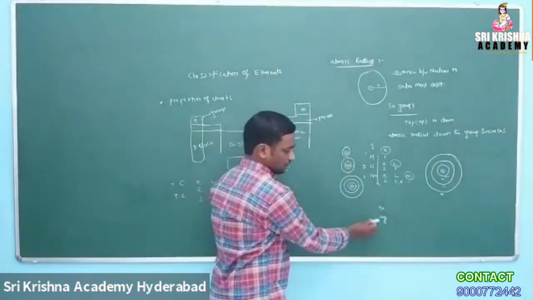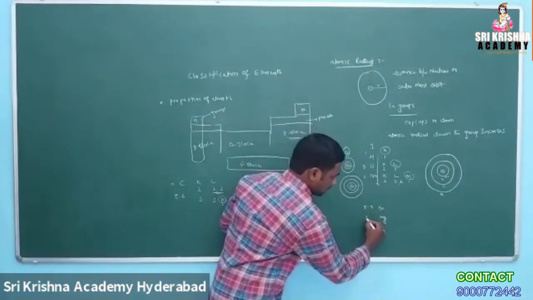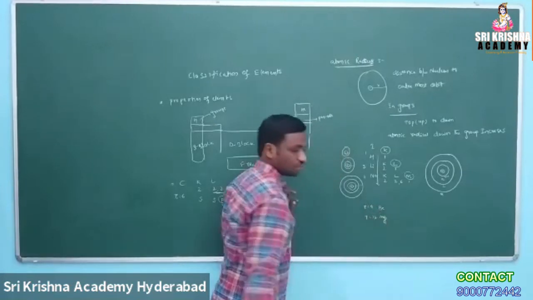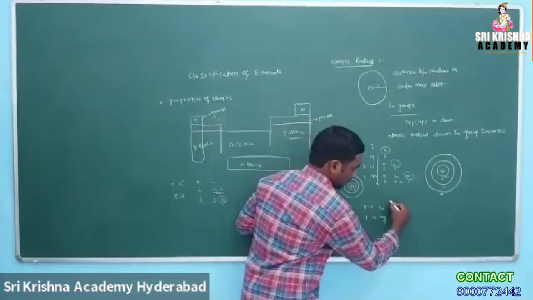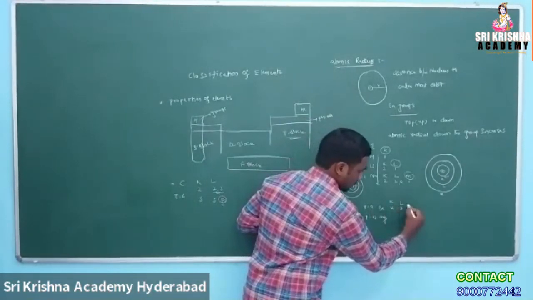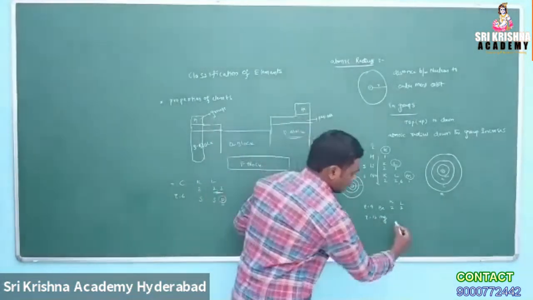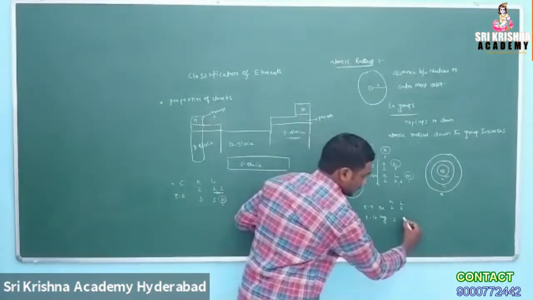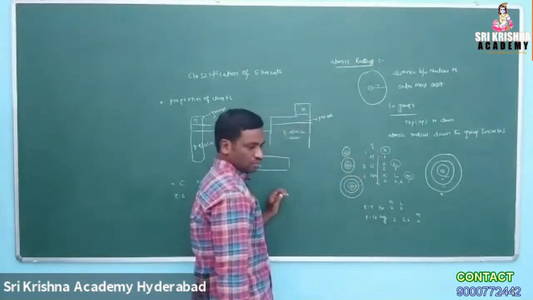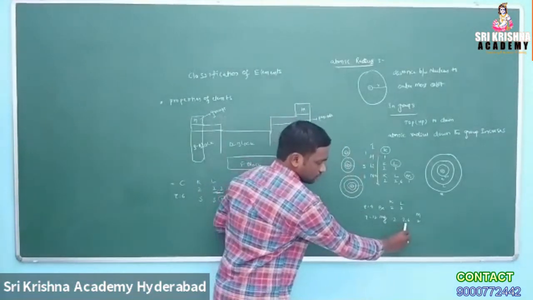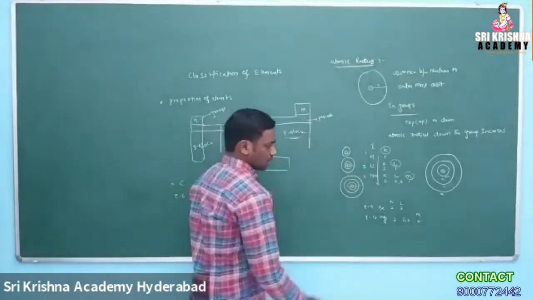In the beryllium and magnesium case, the beryllium atomic number is Z equal to 4. The magnesium atomic number is Z equal to 12. So beryllium has 4 electrons. 4 electrons means the K shell has 2 electrons and the L shell has 2 electrons. And magnesium, atomic number 12: the K shell has 2 electrons, the L shell has 2, 6 electrons, and the M shell has 2 electrons. So total 12: 2, 6 means 8 electrons, 8 plus 2 is 10, 12 electrons are there.